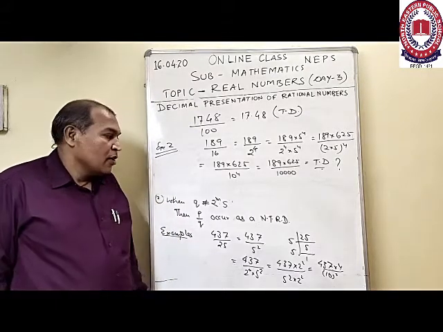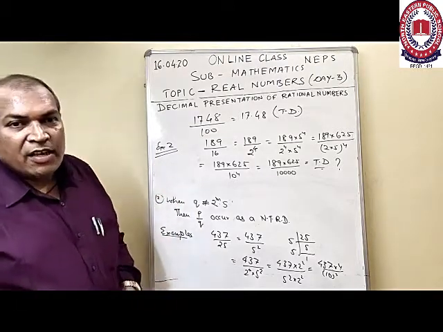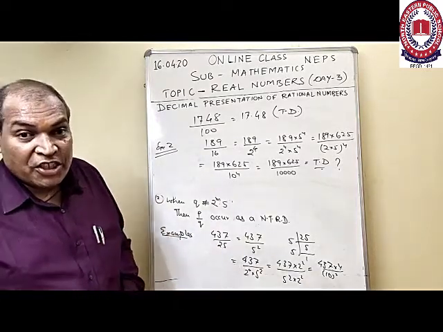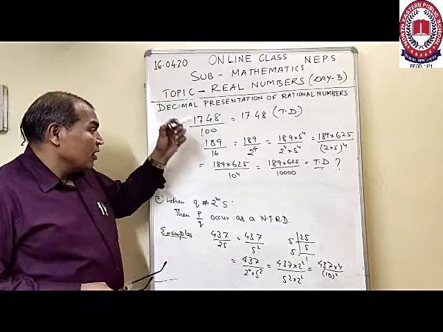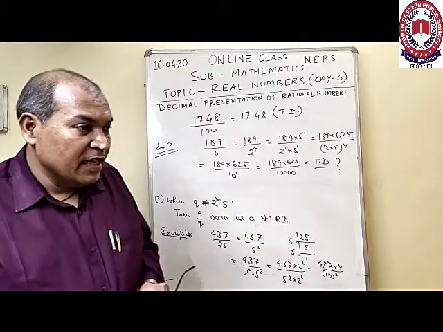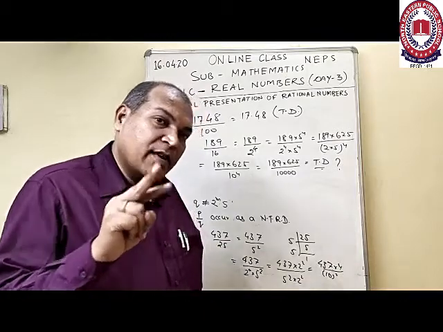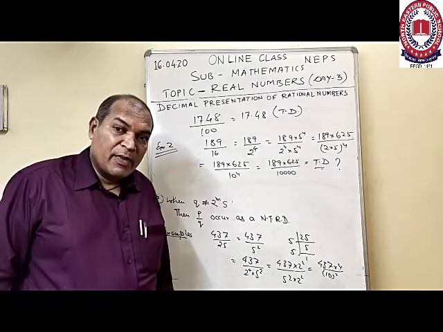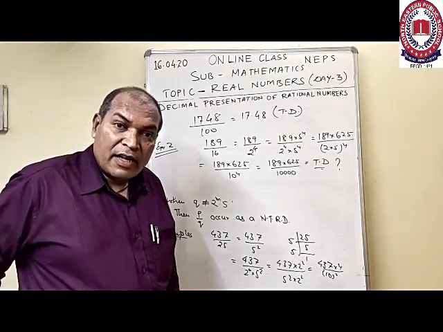Is it clear? So using this method we can understand how to get the decimal representation of a number and what kind of decimal representation that rational number will change into. After that we conclude, looking at all these examples and work done, that any decimal number which is given in two patterns, either a terminating decimal or a non-terminating repeating decimal, such decimal representations of real numbers are called rational numbers.